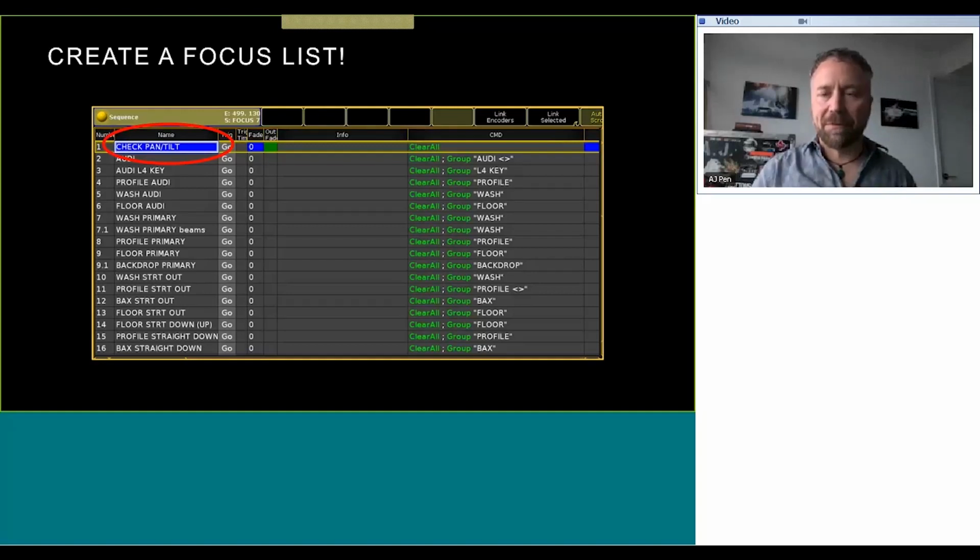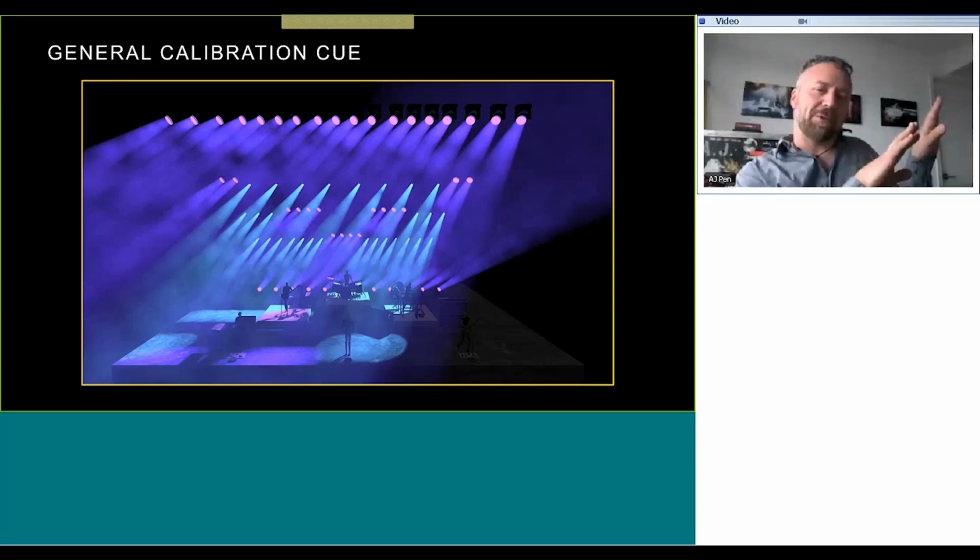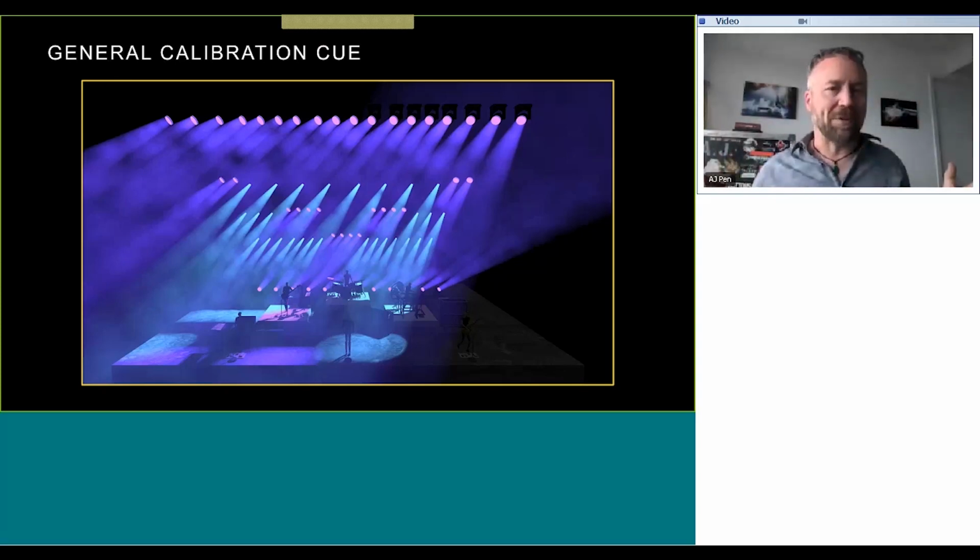This first cue, for instance, is a sort of calibration cue I have. If I run this cue and all the lights point towards downstage right, or upstage left if it's a floor light, and they're in blue and in a narrow beam, I know I've got those fixtures more or less cloned right. I have a starting point. Here you can see if they're pointing to the opposite side of the stage, you just go in the fixture patch and invert their pans. Now they'll be moving where you want them to. Likewise, the MA has the ability to do a 90-degree offset if you're just pointing in the wrong direction.